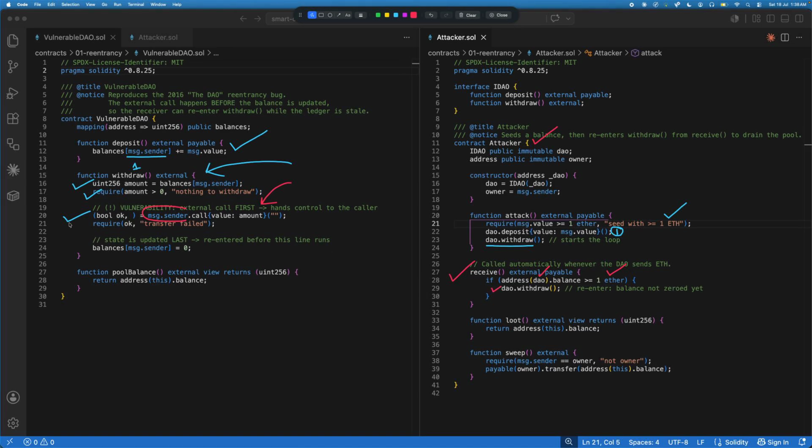So from line number 20, the receiver function was invoked. Inside the receiver function, it checked the balance of the DAO contract. If it was greater than 1 ether, again it invoked DAO.withdraw. So what did it do? Again it invoked DAO.withdraw. Now notice the reentrancy loop over here. From the external call, again we are calling